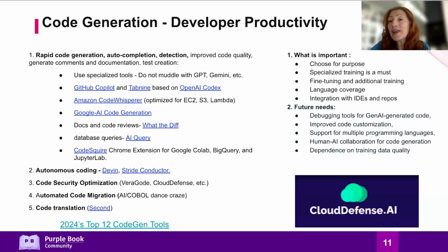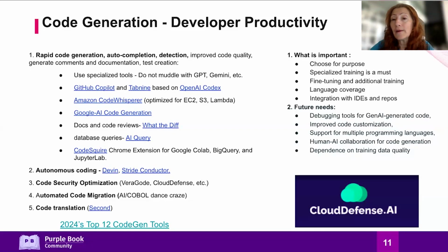The second is specialized training. And specialized training is not only helping you to choose the vendor, it's also related to the third bullet on the right. If you'd like your customization, your code styles, your comments, your own imprint, you need to do fine-tuning or some type of RAG augmentation to adapt these tools to yourself. The problem is usually code coverage, which we discussed in the beginning of the conversation, and integration with IDEs, which we discussed with Mark for Veracode specifically. But again, you need to check if it's covering your language, if it's integrating with your IDEs. So this is kind of around the code generation side.